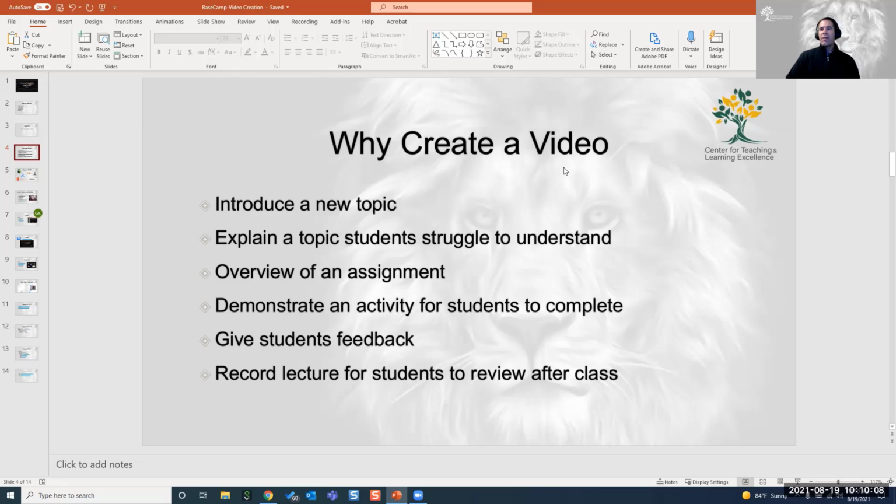You may have an assignment as well that you want to give an overview to. And it's not just written instructions, you can have a video that explains that as well, or maybe just demonstrating an activity for students to complete. If it's detailed instructions for an activity, you may want to show them, especially if it's a hands-on type of activity. You may want to go through and